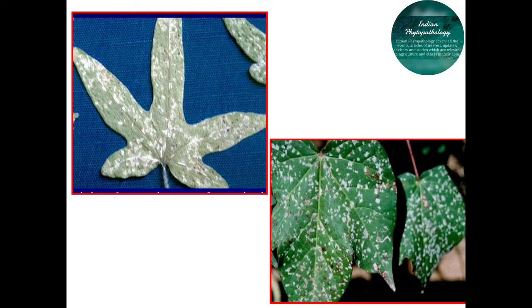Similarly, whitish grey or frosty powdery growth, consisting of conidiophores of the fungus, appears on the lower surface of leaves. When several spots coalesce, the entire leaf surface is covered by white to grey powdery growth. The infection spreads to upper leaves and the entire plant may be affected. The affected leaves dry up from the margin, turn yellowish brown and fall off prematurely. These are the major symptoms of this grey mildew.